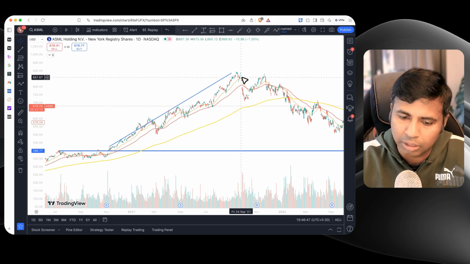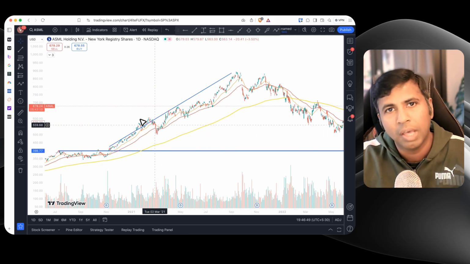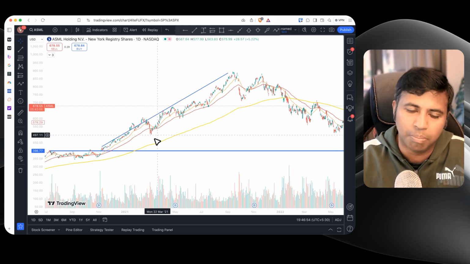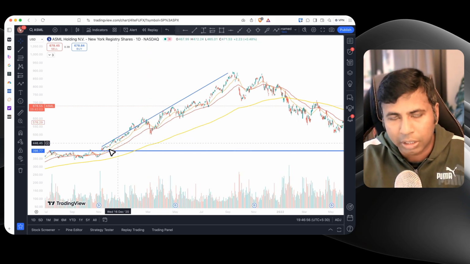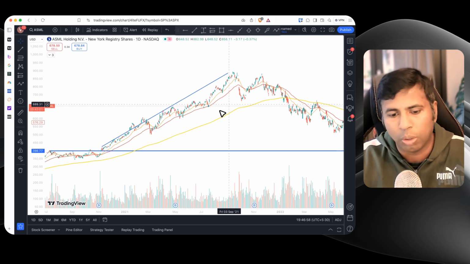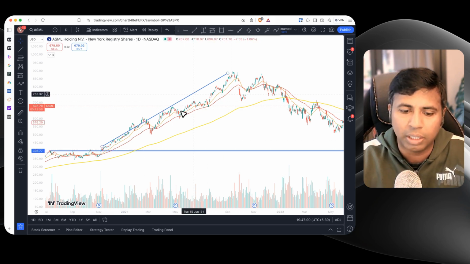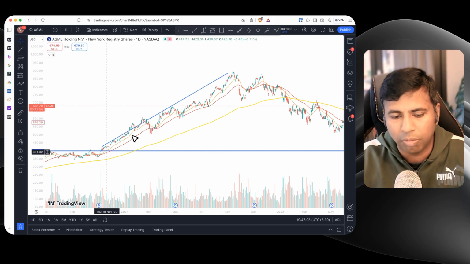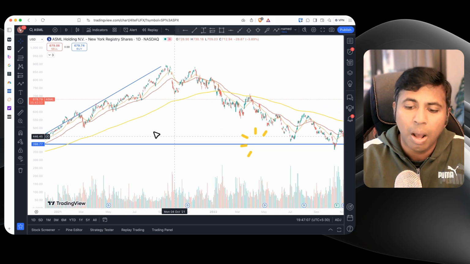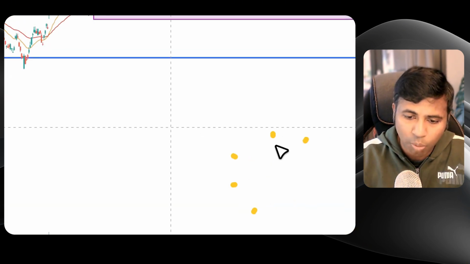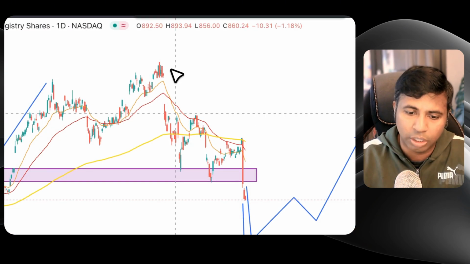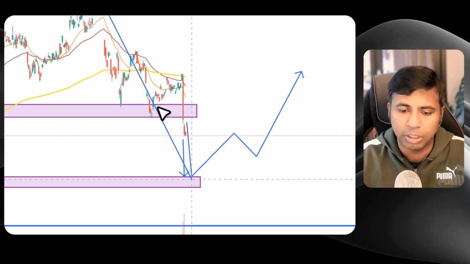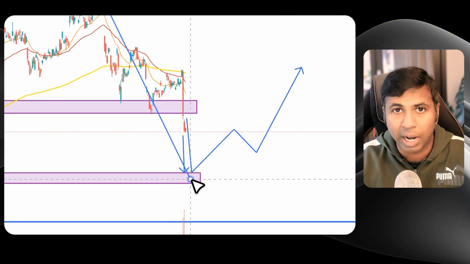The overall trend is up, but you're trying to enter the stocks when they are pulling back towards their average, towards their median price. So nothing goes up in a straight line, even in stock markets. Nothing goes parabolic all the time. Anything that goes up needs to revert to the mean, and that is what you usually see happening. But right now, what is happening is that the stock is in a downtrend. You can see the overall trend is down. It's making lower highs and lower lows.